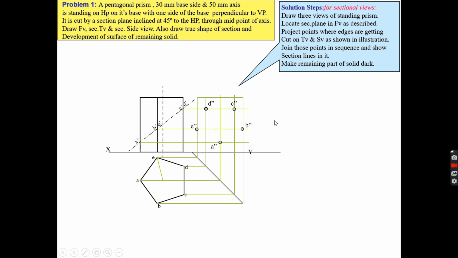Okay, so accordingly I am making the side view. On this side, edges E, B and A will be visible to you, and your edge D and